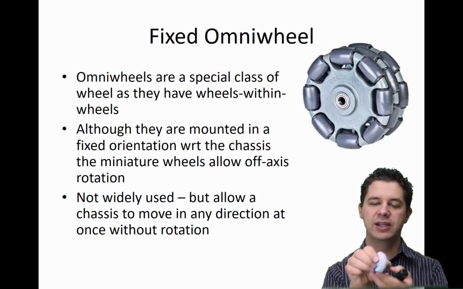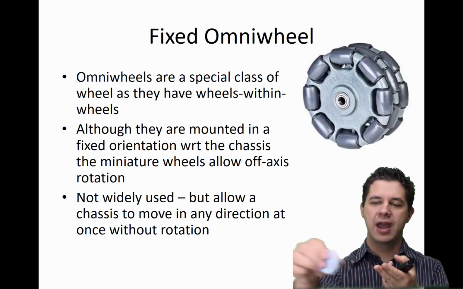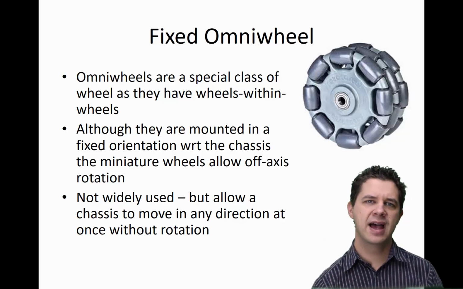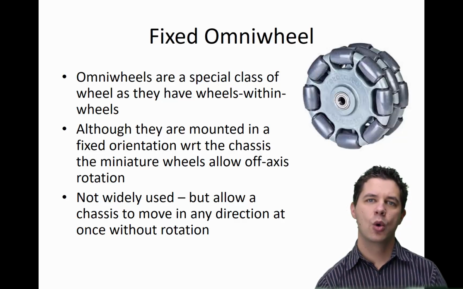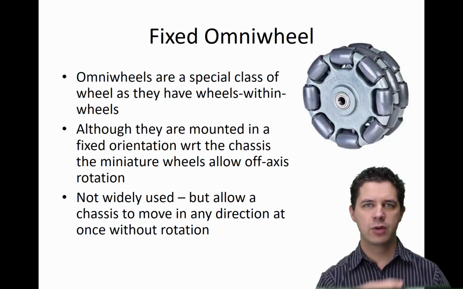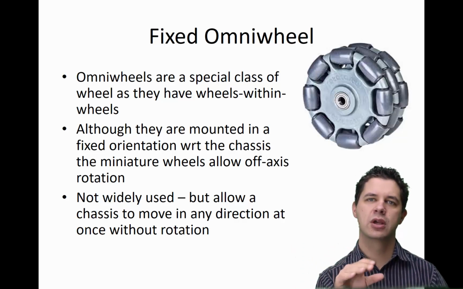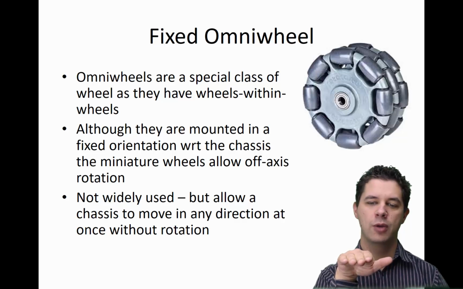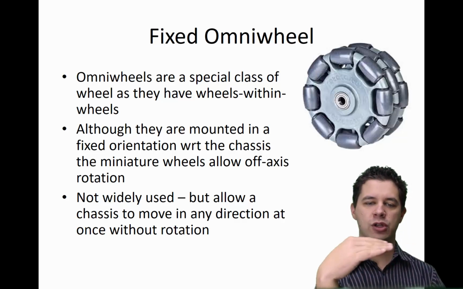So this wheel can happily turn in this direction, but can also happily move in this direction and just roll along there. Now these aren't quite as widely used, but what we can use them for is to create a robot that can move in any direction at once, where it doesn't need to turn into corners. So rather than a normal robot, we'd have to do this sort of thing or turn like this and go